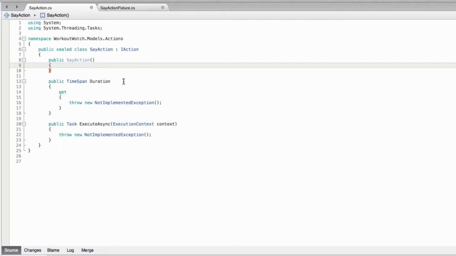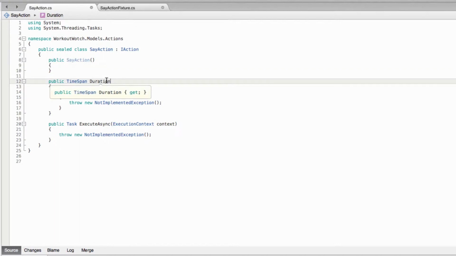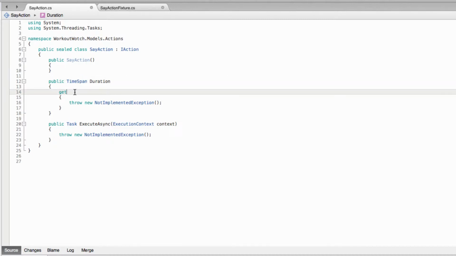Now, the most interesting aspect of this, I think, is this duration, because our speech service, as you may recall, doesn't surface any information about the duration of the text that you give it to speak. And in fact, I'm not even sure that the iOS API allows you to determine the duration of some piece of text when it's spoken. So what I'm going to do, I think, is just hard code the duration as 0,